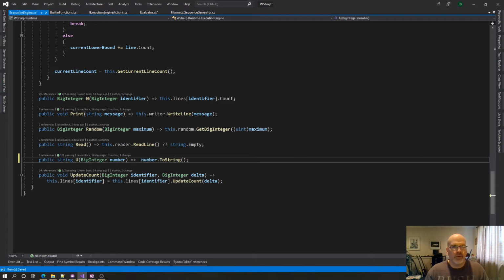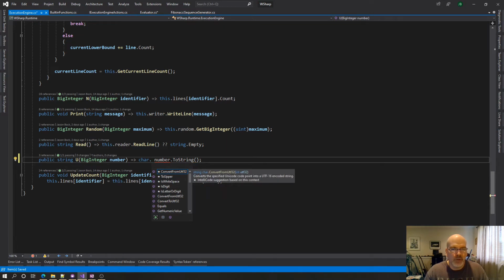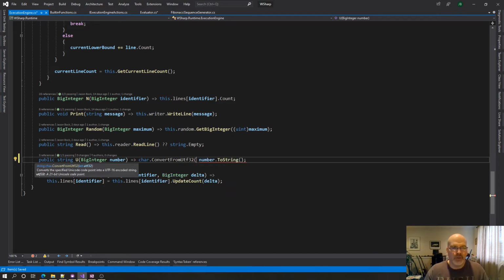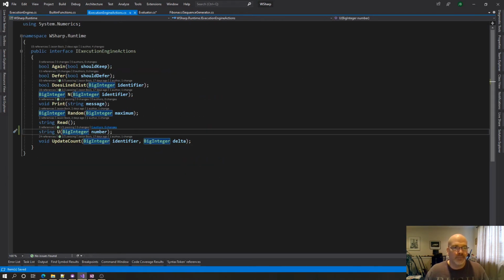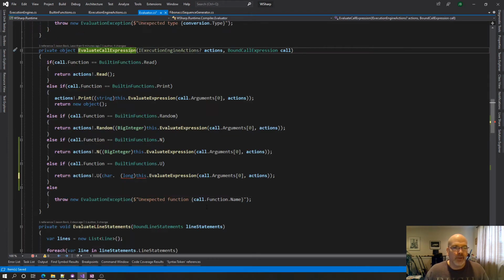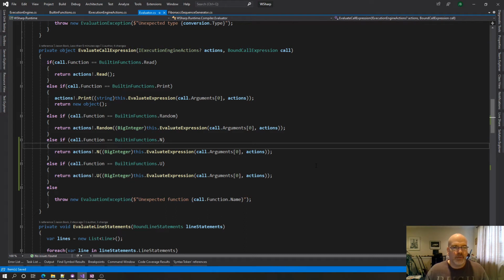But what we really want to do is say, we want to get a char here, right? Convert from Unicode point. That's exactly what we want. But what we need to do now is convert the number that we get to an int. There we go. I think that's correct. So then here in our evaluator, we don't have to do any real nasty stuff. We can just say big integer. And that's it. So we do u n, and then,